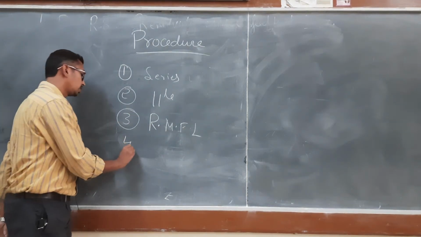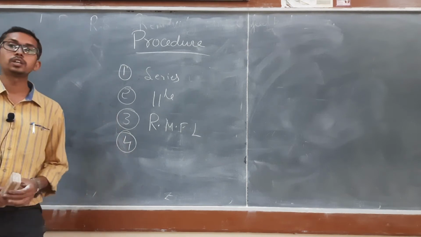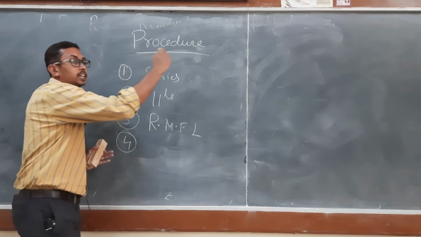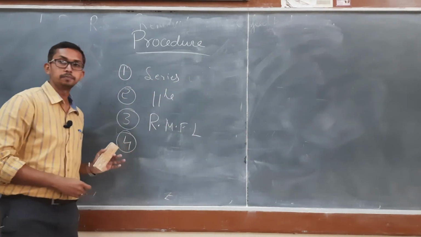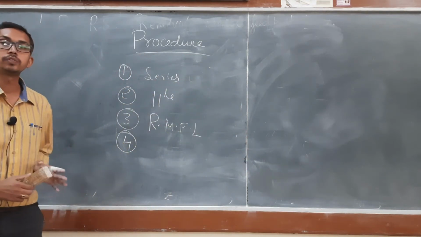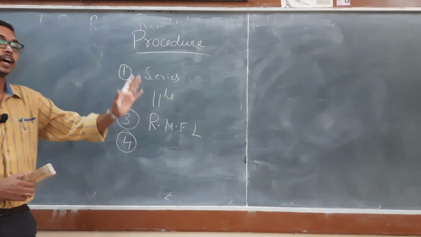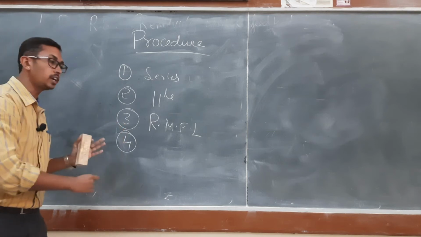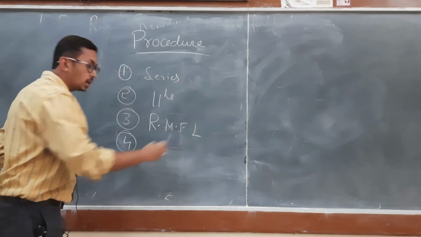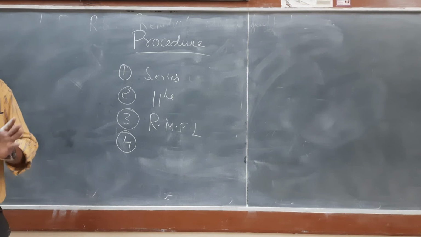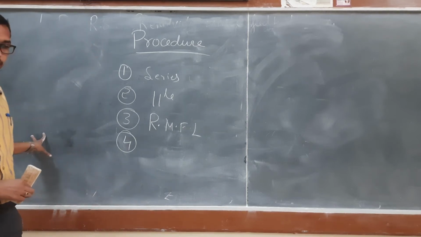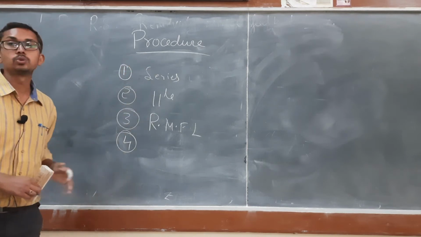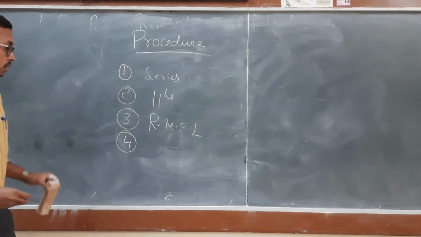What is the fourth step? We need to shift the takeoff point as much as possible to the left side, and shift the summing point as much as possible to the left side. Sorry, we need to shift the takeoff point as much as possible to the right side, and shift the summing point as much as possible to the left side. Then apply the rule and reduce the minor feedback loop. That is the fourth step.